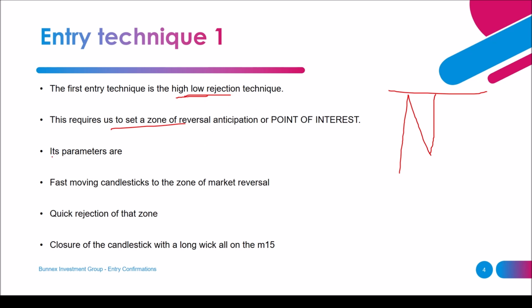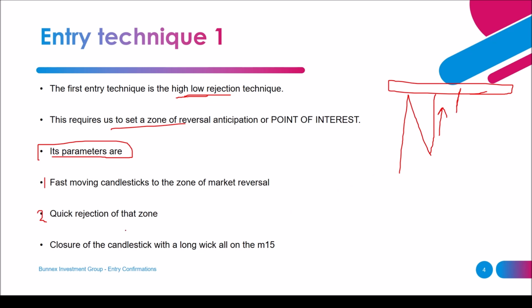So by high-low, we are actually looking for these following parameters, which are: one, fast moving candlesticks to the zone of market reversal. So say, for example, we have this point as our point of interest. We need to see the market going to that zone in a fast moving manner. Then the second thing that we'll need to see is quick rejection of this particular zone. You'd see that the candlestick will come as a very healthy candlestick. In this particular case, it will be a green candlestick,